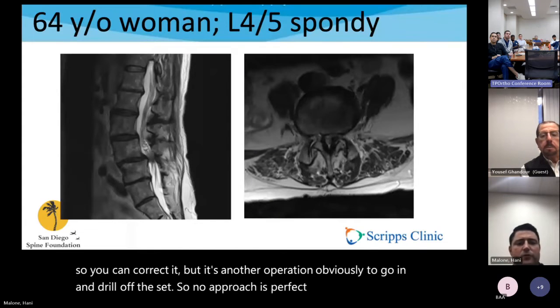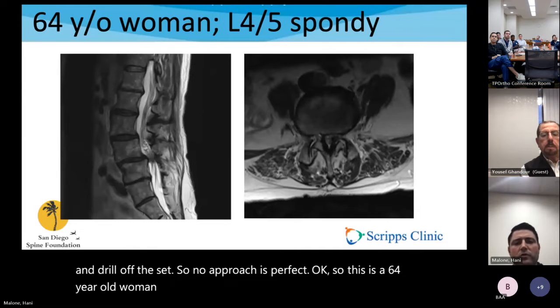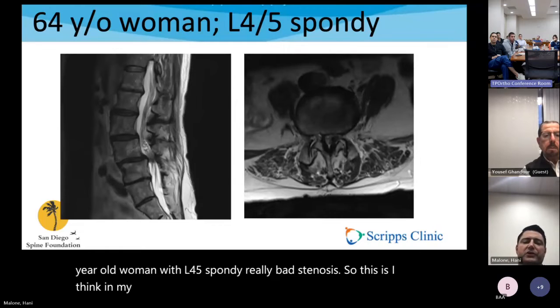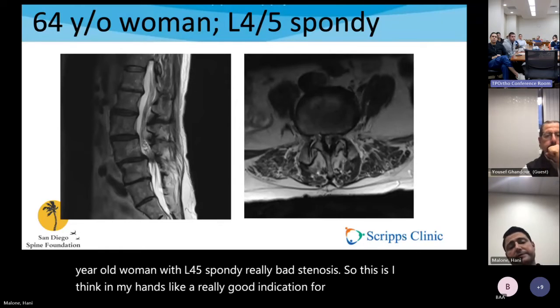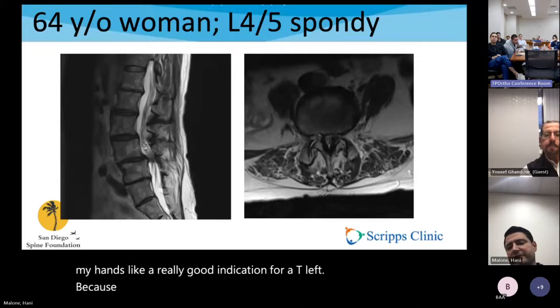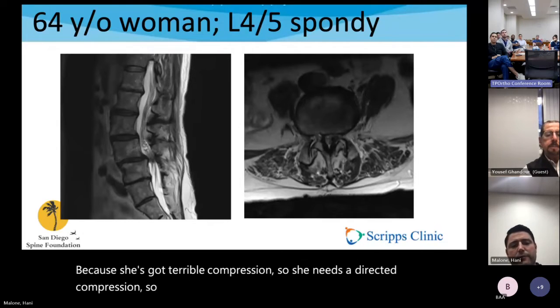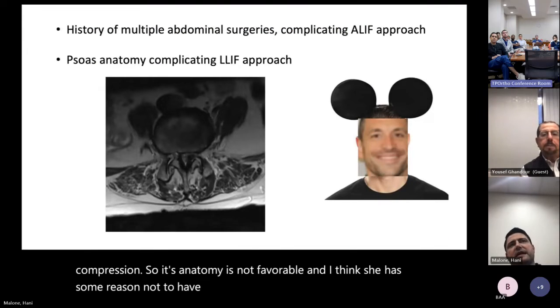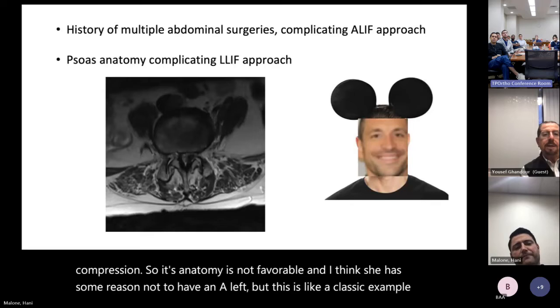So this is a 64-year-old woman with L4-5 spondy, really bad stenosis. So this is, in my hands, a really good indication for a TLIF, because she's got terrible compression, so she needs a direct decompression. The psoas anatomy is not favorable. And I think she had some reason not to have an ALIF, but this is a classic example of